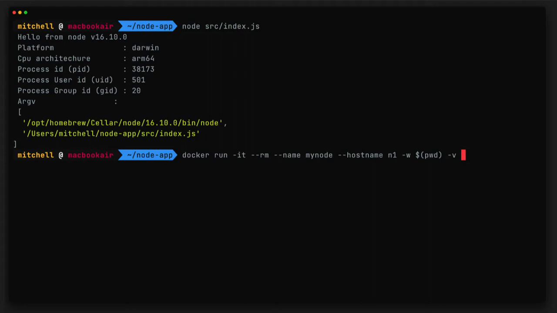So I map a volume that corresponds to the local volume. Now I specify the node container version that I want to run,